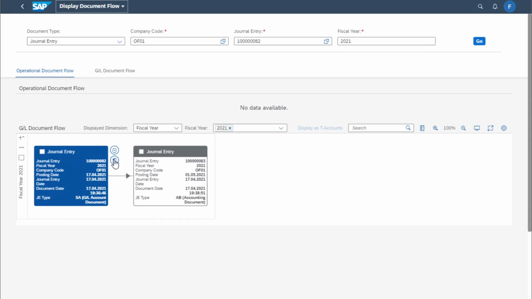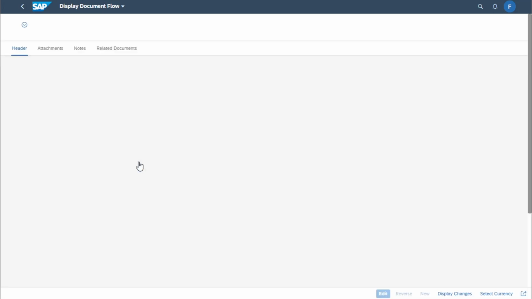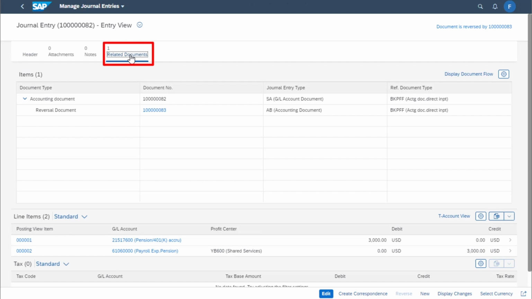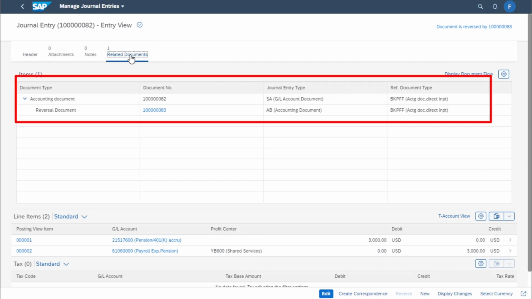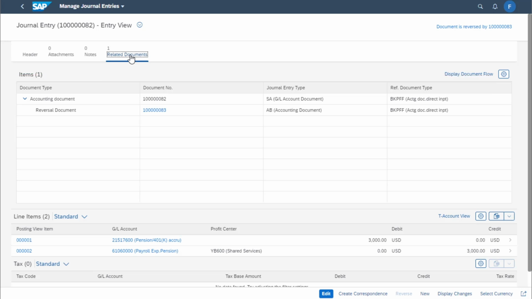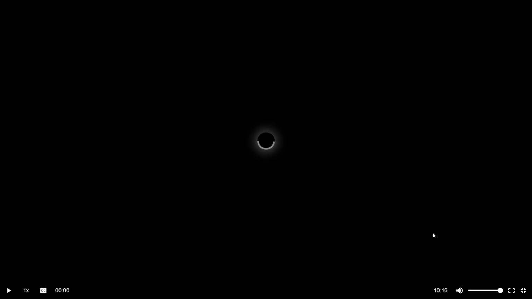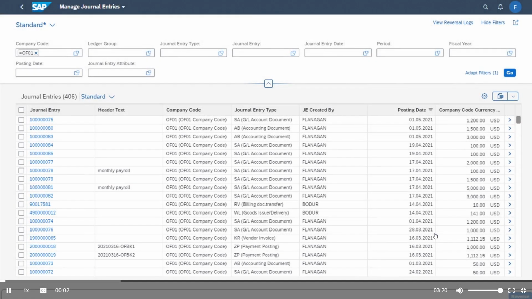Another option is to go into one of the journals using the Manage Journal Entries app and then click on Related Documents to see the reversal journal. Let's have another look at the app Manage Journal Entries F0717. On the initial